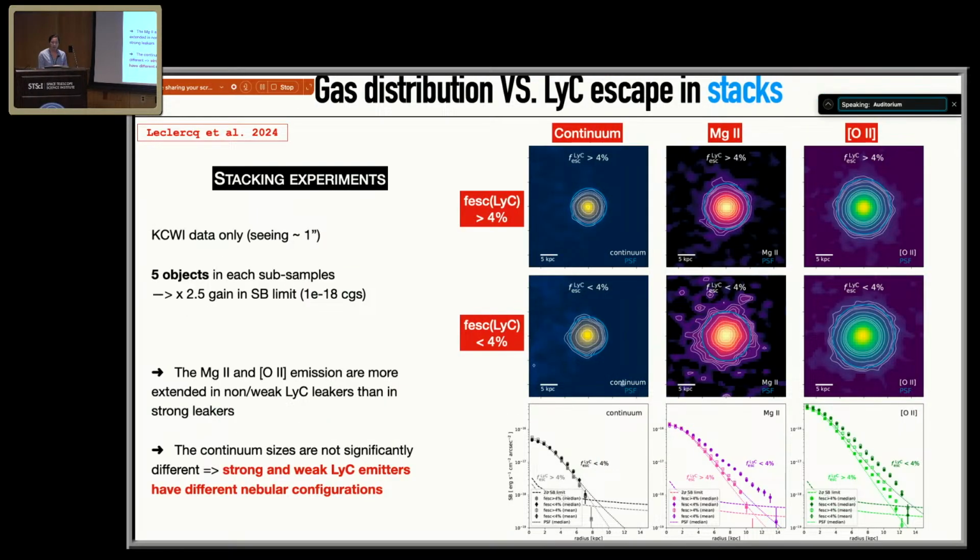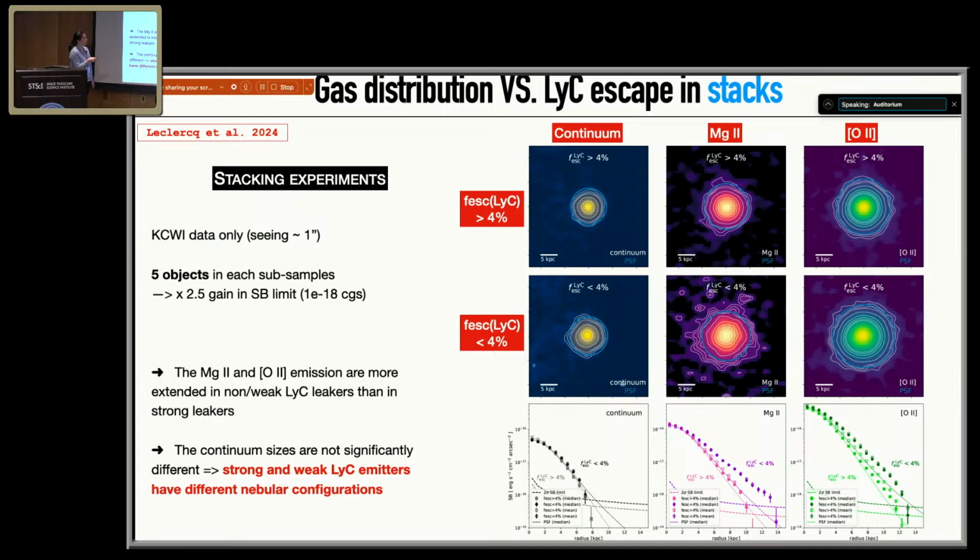And so in order to confirm those individual trends, we did some stacking experiments. So what you can see is different stacks: the continuum, magnesium 2, so neutral, low ionization gas, and more ionized gas with O2. And while the continuum, and so the first row is the strong leakers, the middle row is the weak non-leakers,